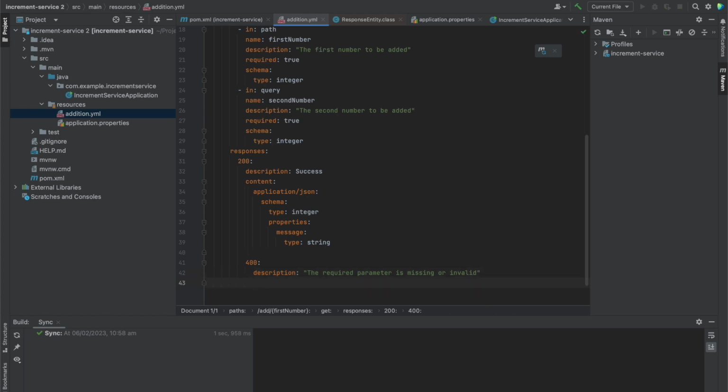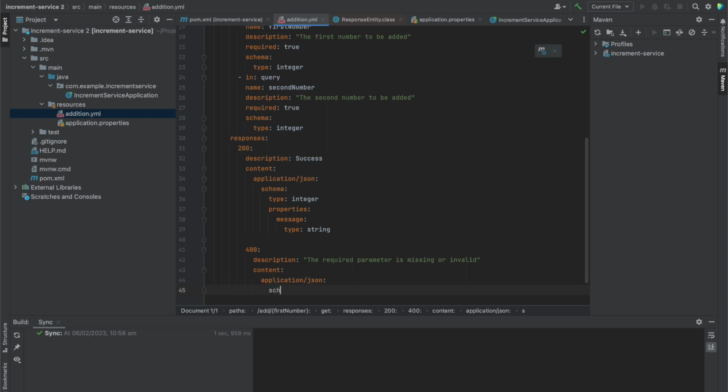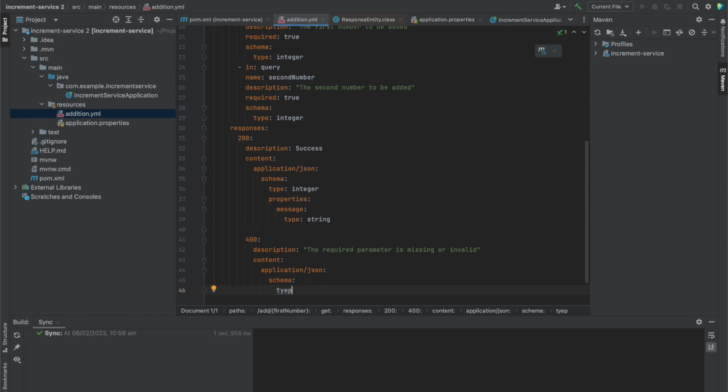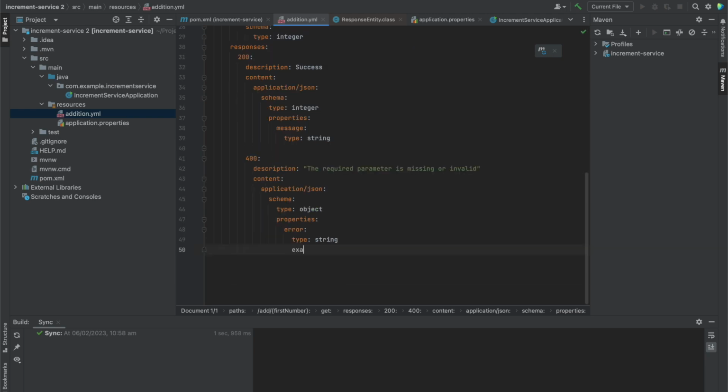Okay, and here the content will be written as application/json again, and the schema will contain the type, which is object in this case, because we are not returning a specific value but the response object, and the properties will be having an error of type string. For example, invalid parameters. Okay,